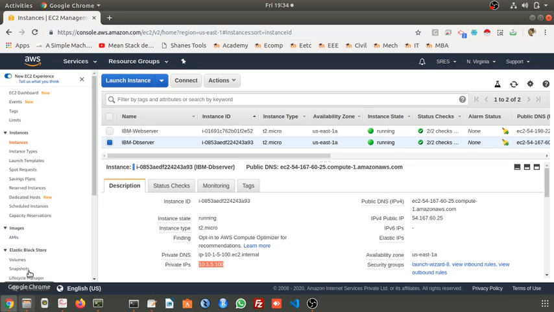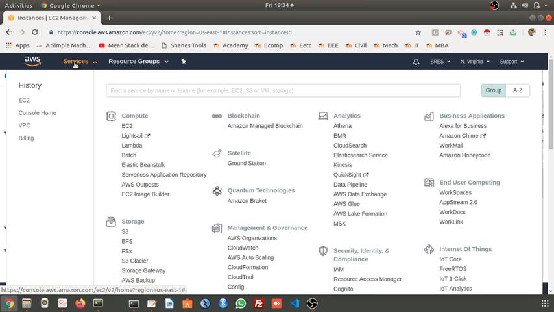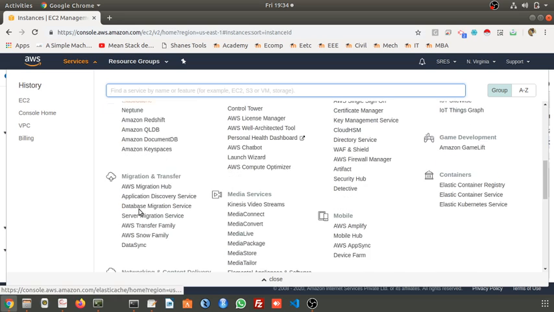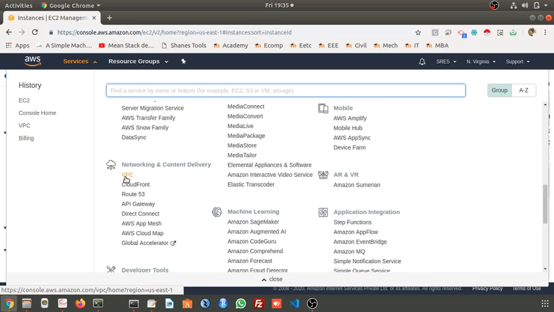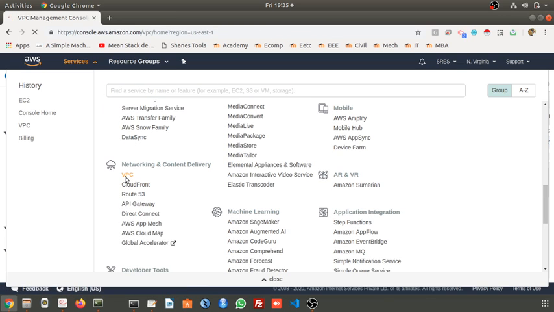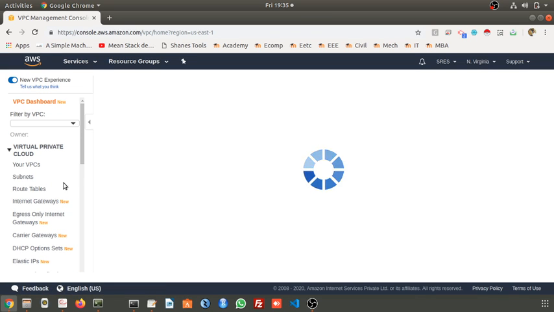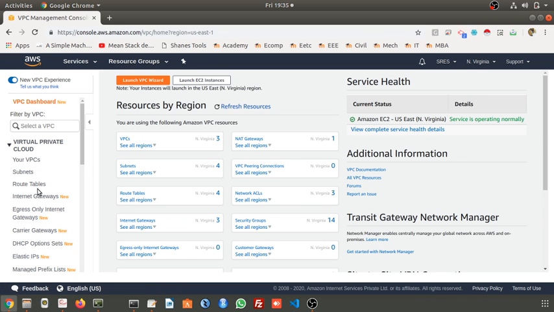I will make a little change here. I will change my NAT route table file, sorry, route table file, which is here in VPC. In VPC, I have this route table.